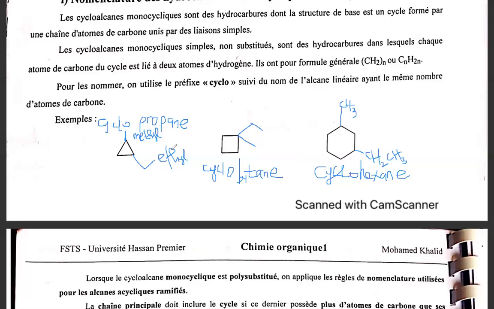Rule number 4, we are supposed to align these substituents in their order of alphabetical preference. So the ethyl comes first, then the methyl, because E comes first in the alphabet, and later on you have the M. So when counting, you count with preference from the alphabetical order. So counting will be 1, 2. So the name of this compound will be